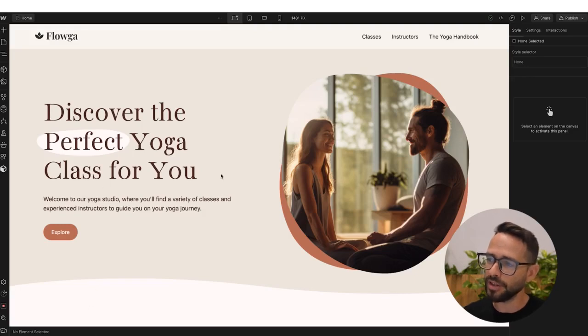Now that we've got the main build of our website done, it's time to take our website to the next level by adding some fancy animations and interactions. And in this video, we're going to do that and explore Webflow's native animation and interactions capabilities. So let's get started. The first thing I want to do here is we've got this image here and it